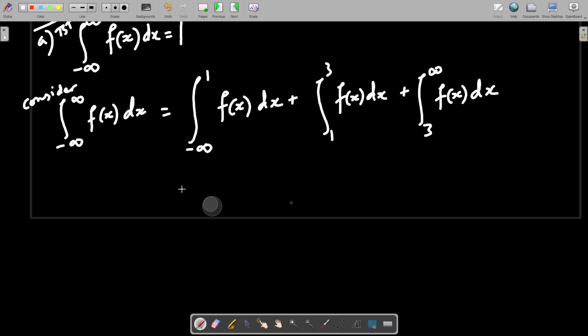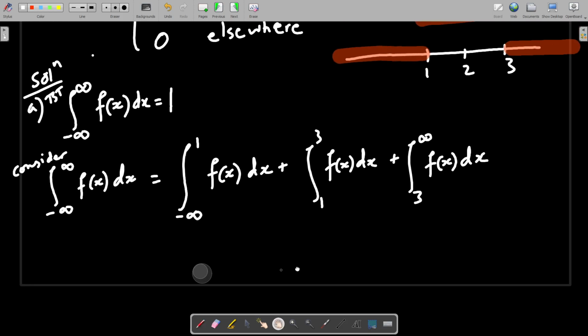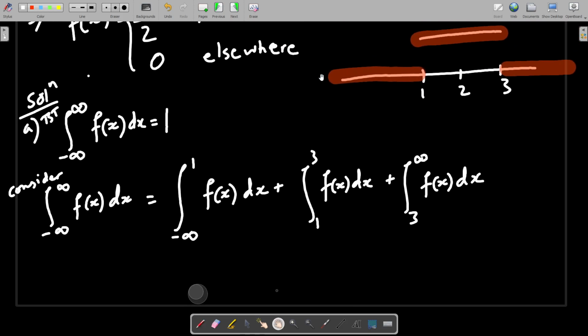So in this region now, see that between minus infinity till plus 1, the value of the function is 0. Between 1 till 3, the value of the function is half. And between 3 till infinity, the value of the function is 0. Okay. So this will become integral of